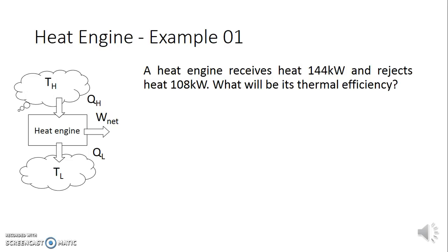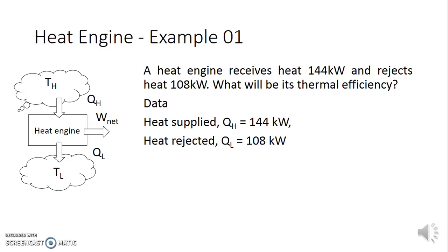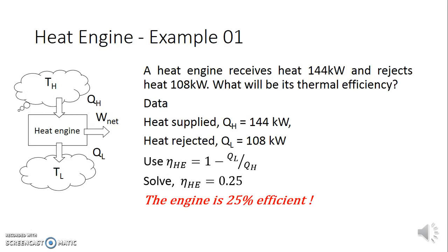To understand the concept of heat engines, let us solve a simple example. Imagine a heat engine receives heat 144 kilowatt and rejects heat 108 kilowatt. What will be its thermal efficiency? From given data, heat supplied QH is 144 kilowatt, heat rejected QL is 108 kilowatt. We know heat engine efficiency is equal to 1 minus QL by QH. Solve this and you will get